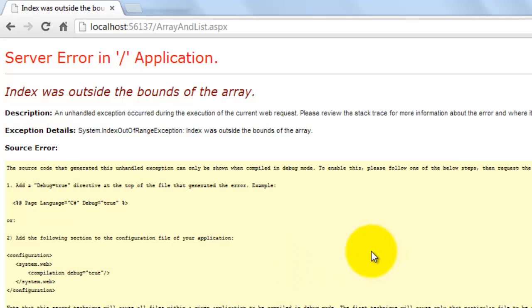Well, I think that's it. So congratulations, we just finished implementing arrays and generics using list in